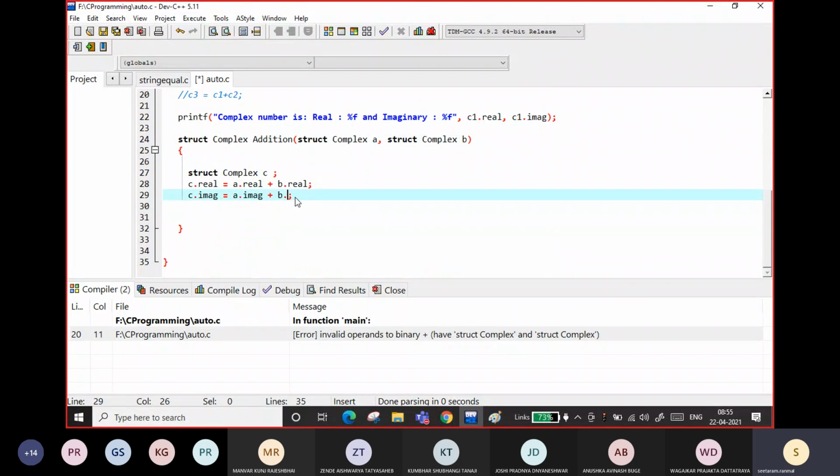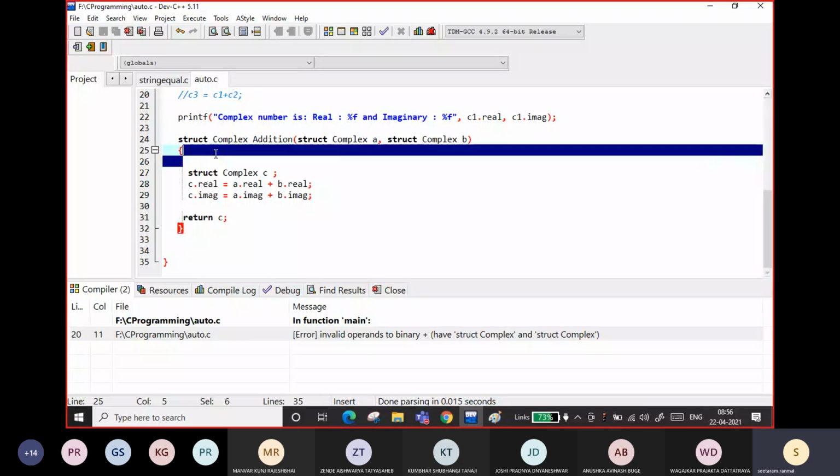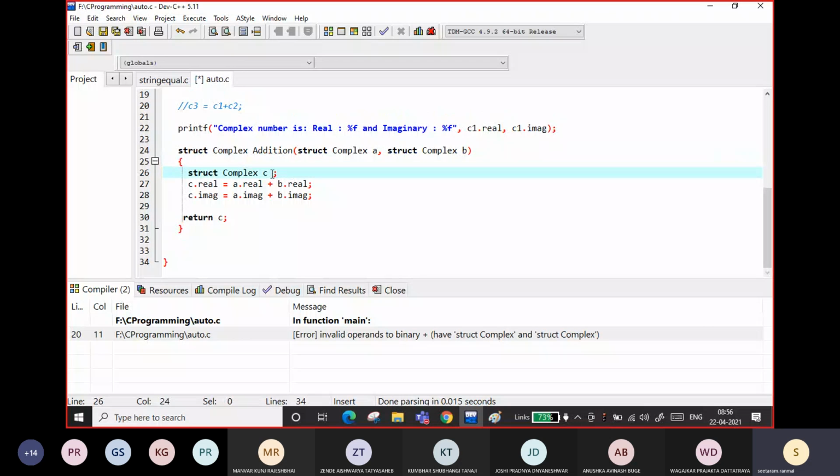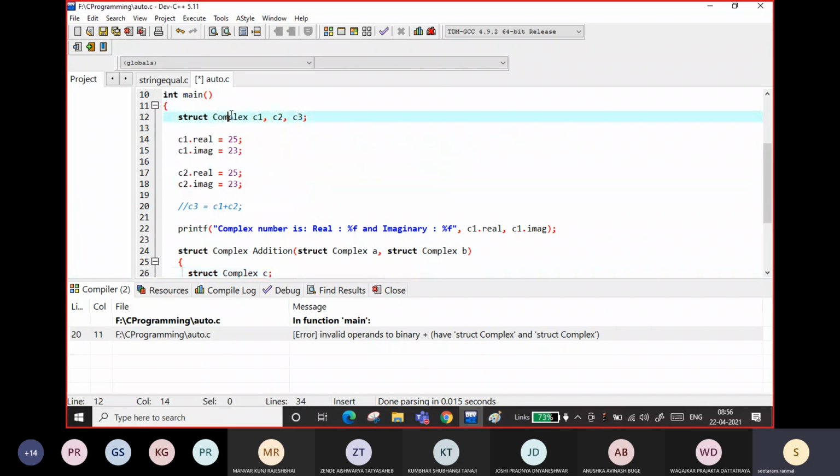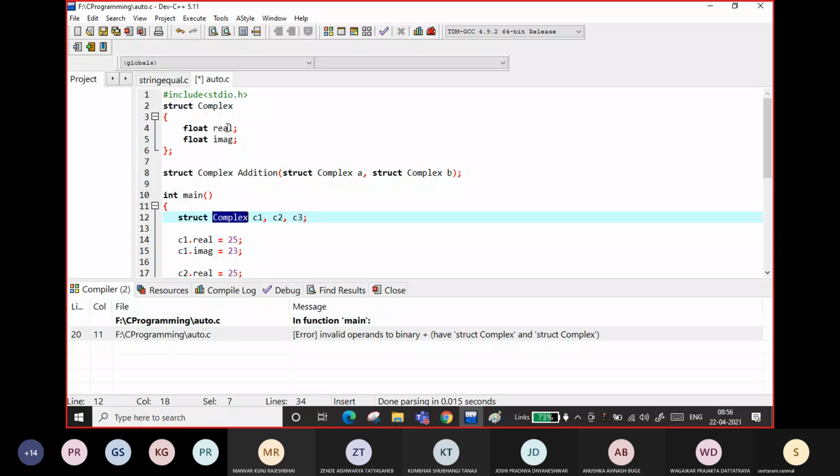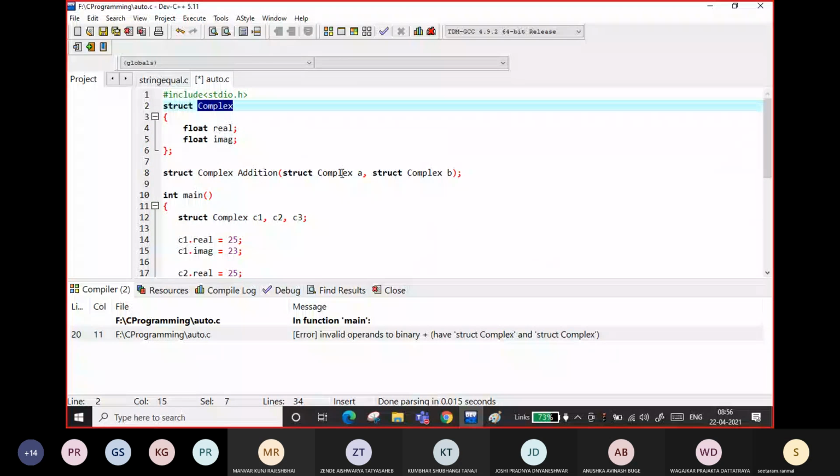After this, and at the end return C, so that this addition function will take two complex numbers, and I have defined here struct complex C, the third complex number.